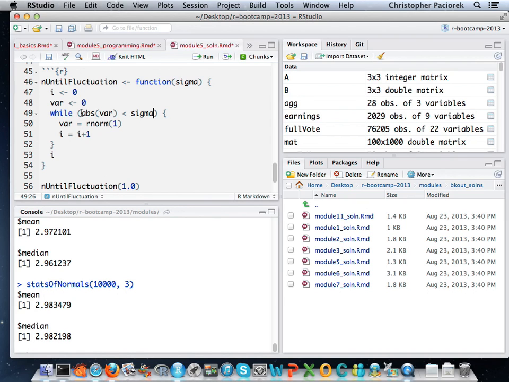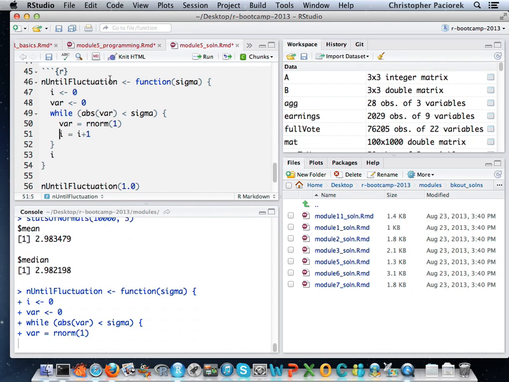We keep generating random normal variables, and once one of them goes above or equals whatever is passed as sigma, the while loop will stop, and we'll return i, which is a counter for how many times we've gone through this loop. We initialized our counter to 0, and each time through we incremented it by 1, so we could keep track of how far we were in the loop. Okay, so let's define it.